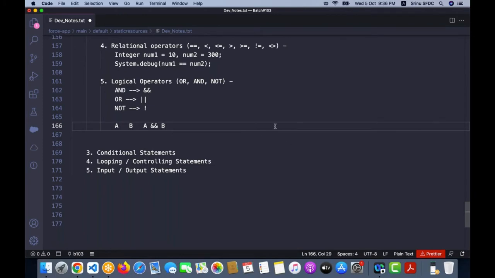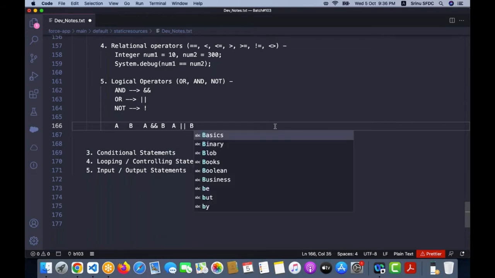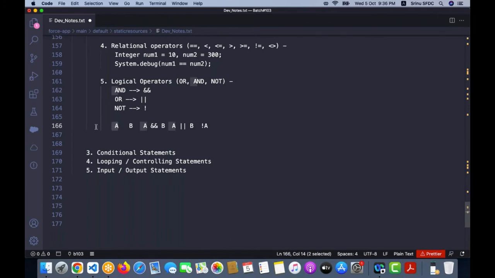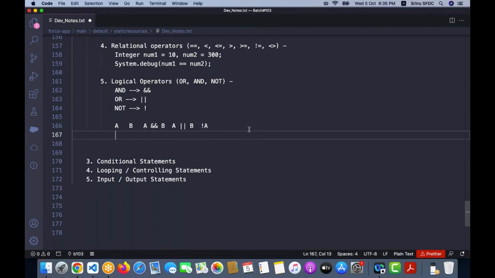And A or B: if any one of the conditions is satisfied, how does it work? NOT of A, right? So A is true or false, and it results in the reverse value. To get all the different combinations in general,